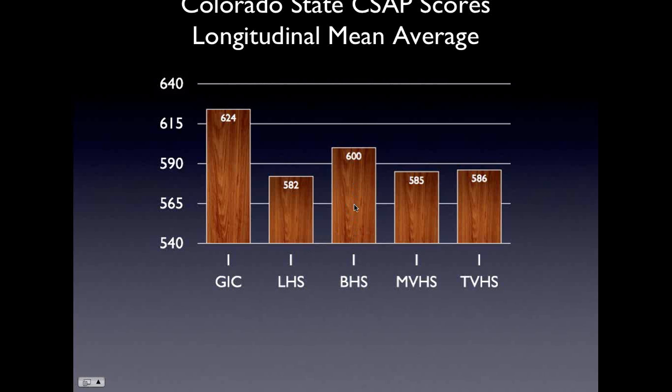Berthoud High School is our small school. It is also our math and science magnet. It's 600. Our next school over, Mountain View, MVHS, is our Project Lead the Way school, also an arts magnet at 585. Thompson Valley High School, which is labeled as an AP school, and it's at 586. Our scores have consistently been better, and I think that's an